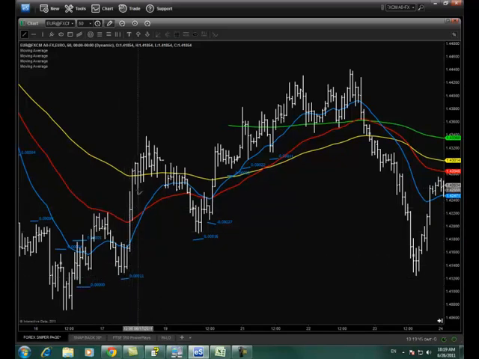Okay, and we see this nice solid move, and you're going to be really, really tempted to take the money there. All right, but how do we know this isn't going to keep going? So we wait for it to come back down again, create the swing low, break the swing high over here. Okay, so swing highs are coming down, but the swing low gets formed, breaks the swing high, off it goes